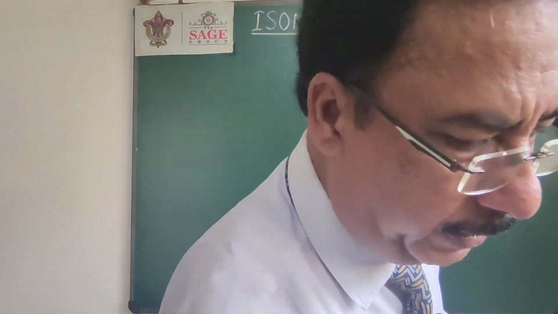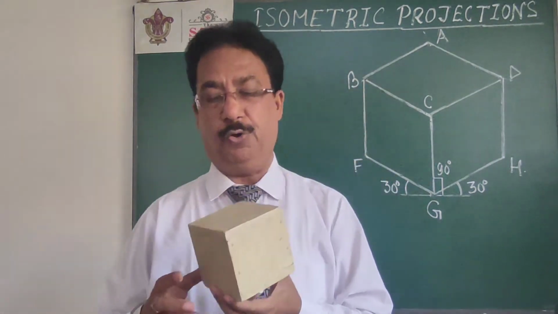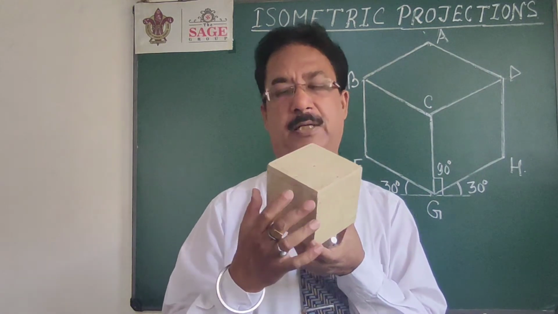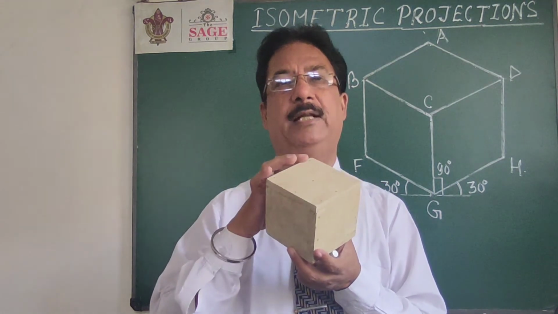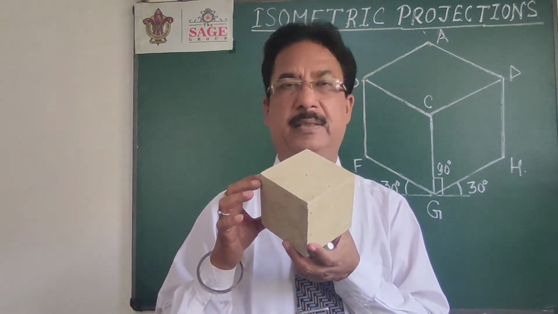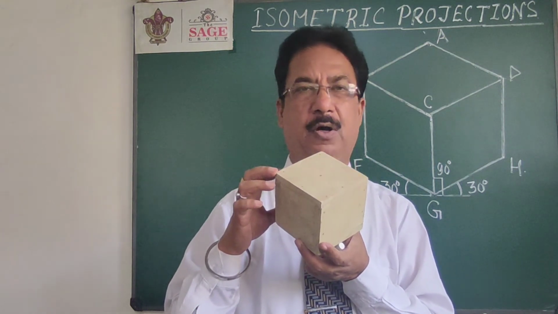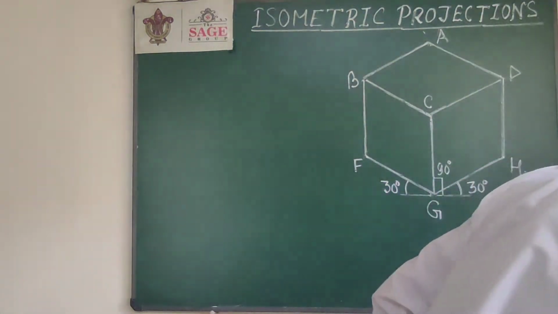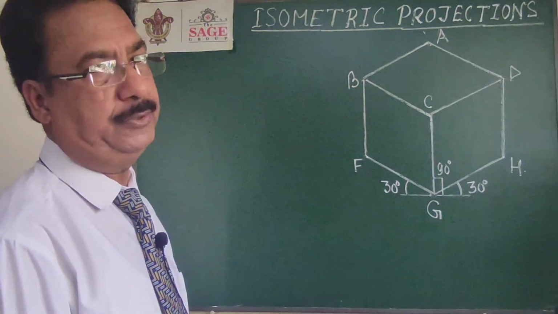And if you remember, in one of the problems of projection of solids, we keep this cube in such a way that one of the solid diagonals of this cube is perpendicular to VP. So that is the problem where one of the corners of the cube is on the HP and one of the solid diagonals is perpendicular to VP. In this case, the final front view that will look like this will be the isometric projection. So ultimately from that orthographic projection we got this isometric projection, and here I have already drawn this final projection of that cube, and this is our isometric projection.